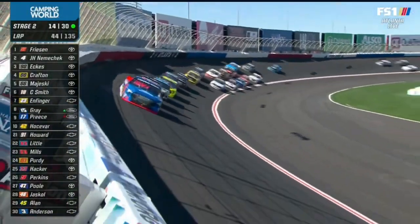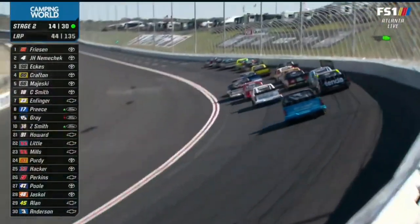Stewart Friesen continues to lead. John Hunter Nemechek